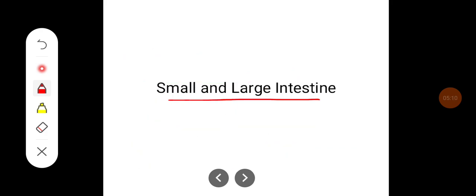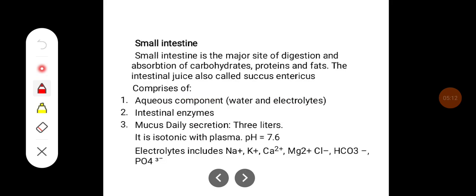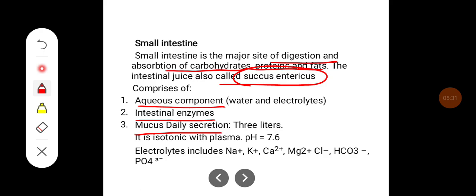Coming to small and large intestine. The small intestine is a major site of digestion and absorption of carbohydrates, proteins, and fats. The intestinal juice, also called succus entericus, comprises aqueous components, which include water and electrolytes, intestinal enzymes, and mucus. The daily secretion is around 3 liters, and it is isotonic with plasma,